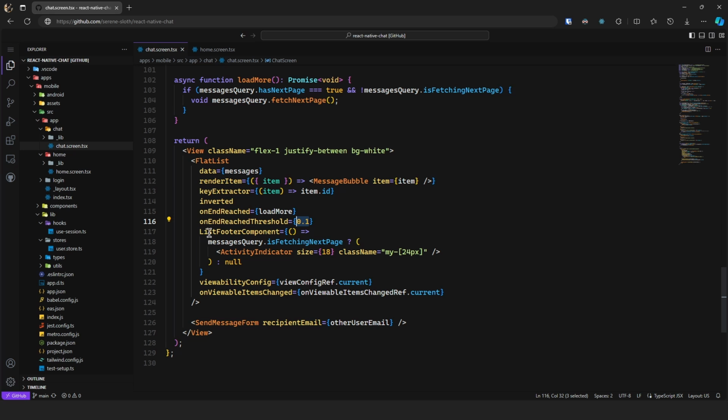And then the list footer component, and they render this activity indicator, which I believe is the native component for that spinner you see, for the loading spinner, whenever there are more messages being fetched. So this is great. The user gets feedback on whether we're fetching a next page or if that's the end of the messages. And then the viewability config, and then whenever the viewable items change, we simply invoke the function,